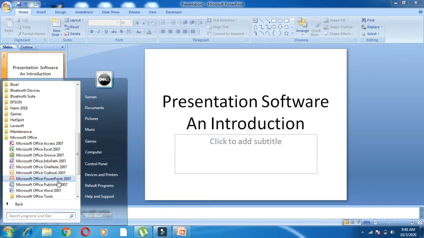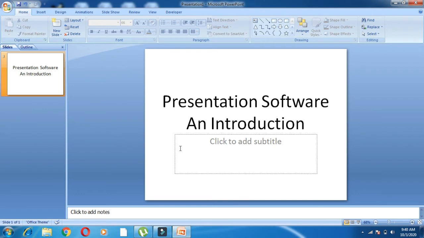Once you click, the first screen that appears will look somewhat like this, where you can see a page. This page in PowerPoint is known as a slide, S-L-I-D-E-S. So individual single pages of a presentation are known as slides.